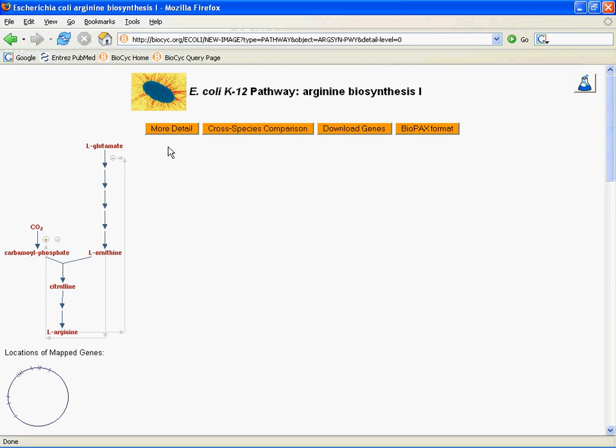In addition, there are a number of other buttons up here at the top of the page. There's a cross-species comparison. I'm not going to go into that now. That's actually covered in our Omics and Comparative Genomics webinar series. But it basically lets you compare the presence or absence of this pathway and its components across all the organisms in the BioCyc collection. Then there's a Download Genes button, which will give you a list of genes involved in this pathway. And there's a BioPAX format button, which will give you this pathway in BioPAX format. And finally, up at the